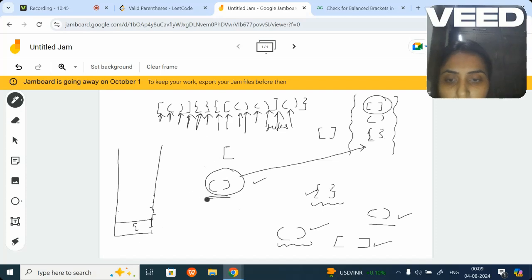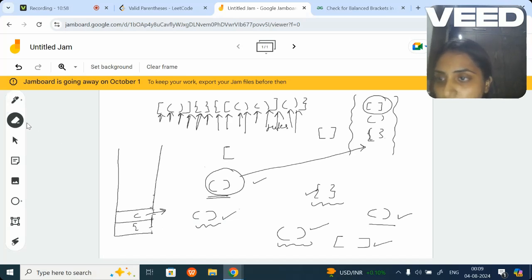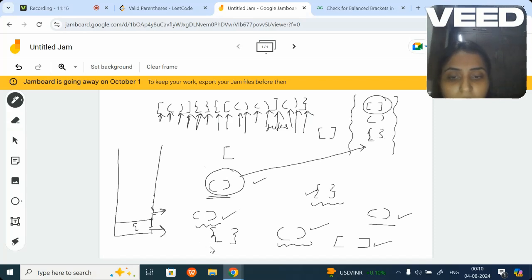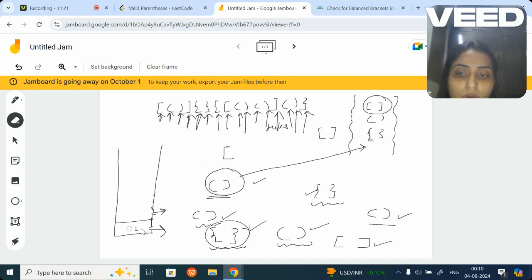So this one is an opening tag. So you put it. Then this one is a closing tag. Oh, this is a closing tag. If I pop out the first element, I'm going to get a valid parenthesis. So after I get a valid parenthesis, I will continue. I will check for the others whether the stack is empty or the stack is still having some elements. Yes, the stack is still having some elements. And then we have the last one, which is the closing tag. Now you pop out this and you check the combination of both. Yes, it is matching. And you remove it.